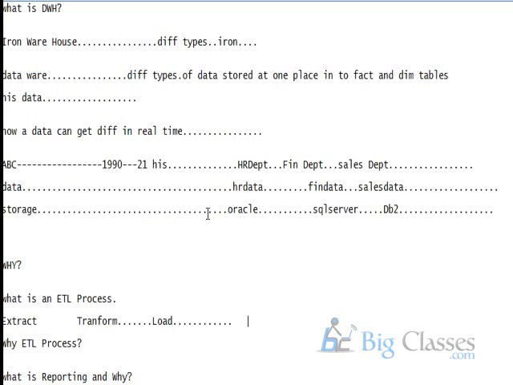See, our organization over a 21-year period has three databases maintained at three different positions. But they want to maintain only a single database which contains all three departments' data, so that it will be easy for them to maintain and easy to access the data from one single database. They want to extract the data from three different databases, cleanse the data, filter the data, massage the data, and load it onto a single database or multiple databases. To do this ETL process in a real-time data warehousing environment, we have different tools like Informatica,